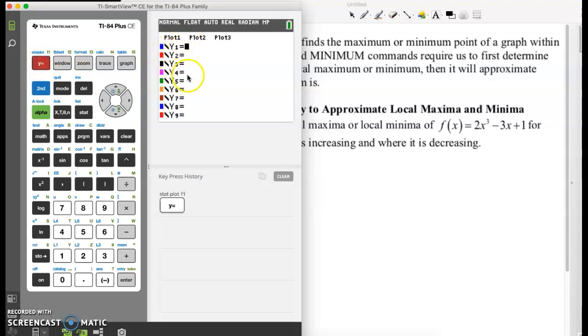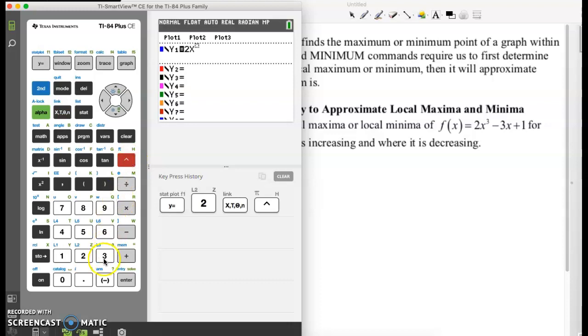Here you'll be listed with a bunch of functions that you can type in. For our function for today, we're going to type in 2. The variable x is next to the green alpha button, X, and then the caret symbol is the power, so raise it to the third power. Bring the arrow button to the right, so it's no longer in the exponent. And then we type in minus. Don't get minus confused with the negative sign. This is a negative sign. So minus